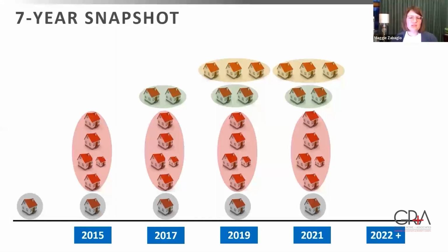So a little 7-year snapshot. Salesh was talking about 7 to 10 years before. The little first house in grey there was the initial property that we were able to secure a $300,000 revolving facility against. Then in red, the 4 houses that were purchased in 2015. We don't move particularly quickly. It was another 2 years before we bought a property with 2 houses, and then another 2 years before we bought a property with 3 dwellings on it.